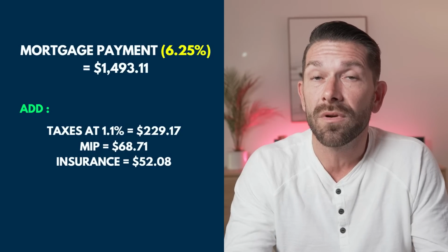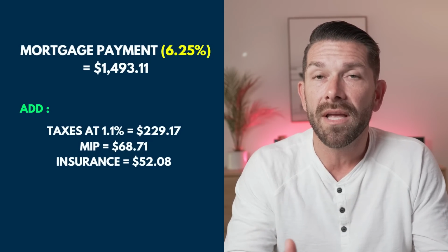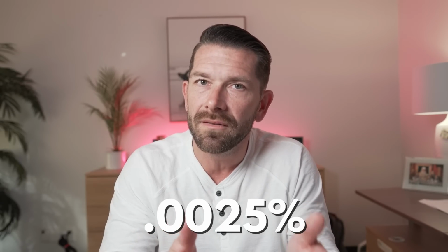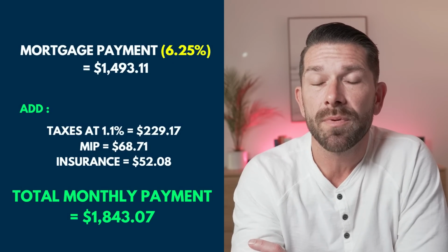Now, insurance is another one of those things that can vary tremendously depending on the area that you're located. If you're in an area that's prone to floods, prone to hurricanes, prone to natural disasters, if you will, insurance is probably going to be quite a bit more than the number we're using here, but we're using a calculation of 0.0025%, which in this case gives us a total mortgage payment of